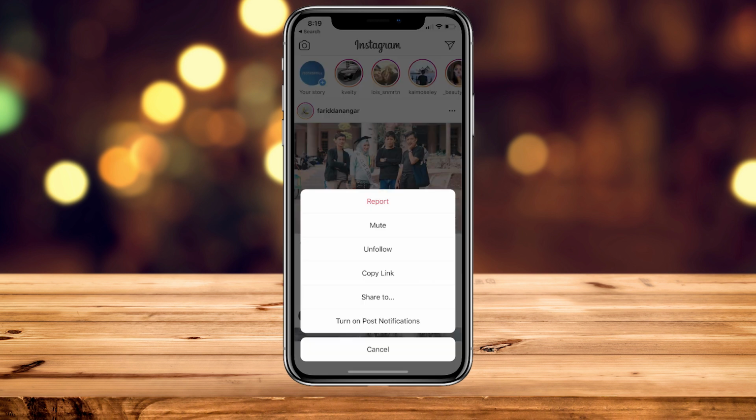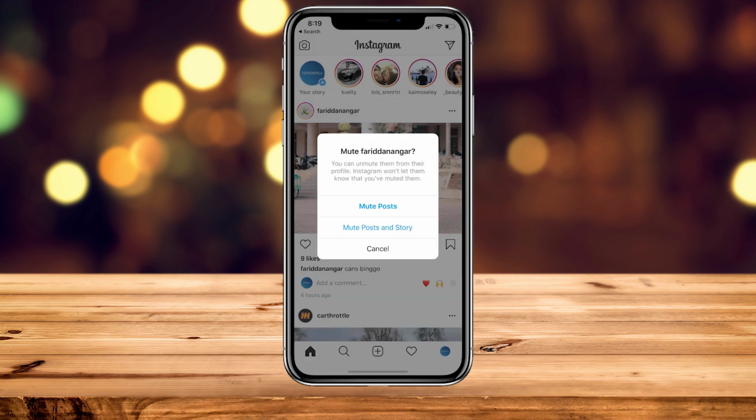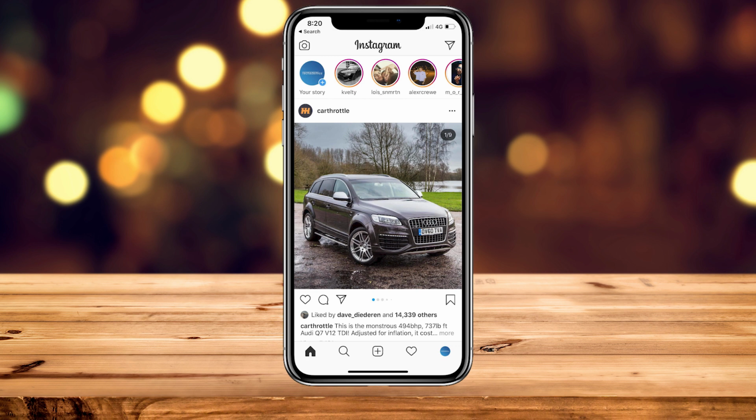side of their post, and it's going to bring up a menu, and you want to go ahead and click on mute. When you click on mute, it's going to bring up another box, and you want to select whether you want to mute just their post, or if you want to mute their post and story. So once you've selected either one of them, your home page is going to refresh and they will be successfully